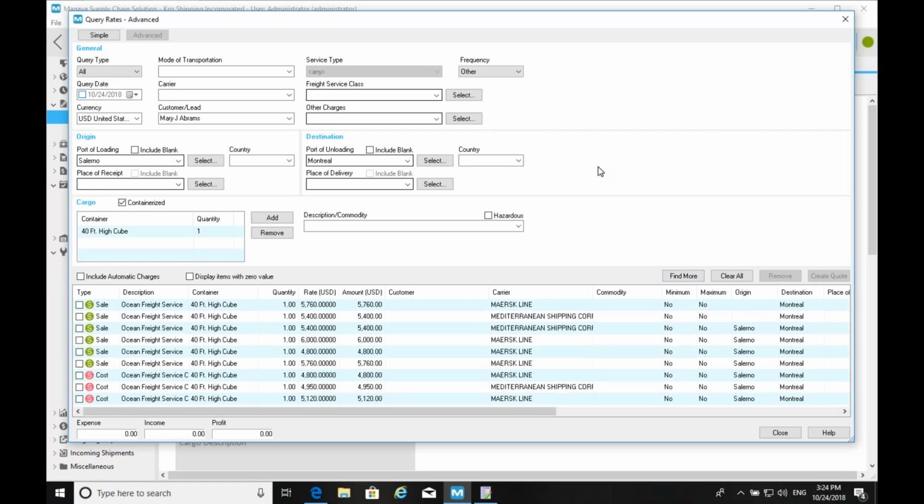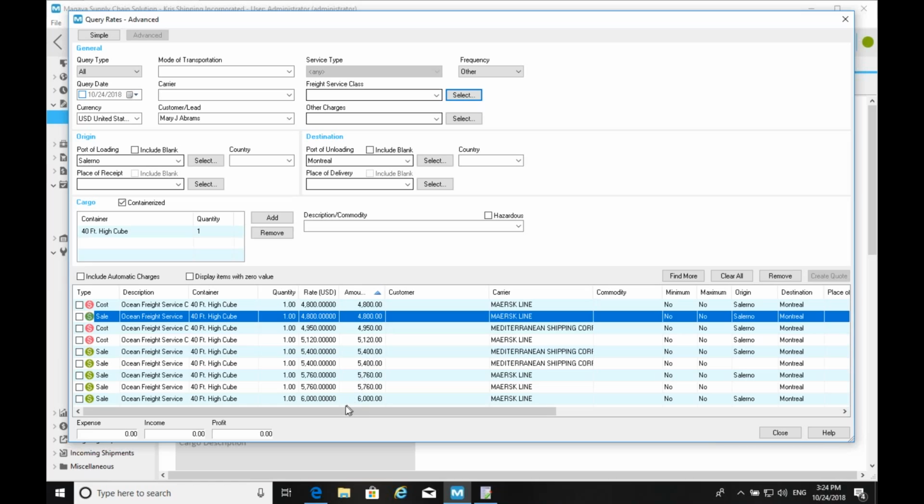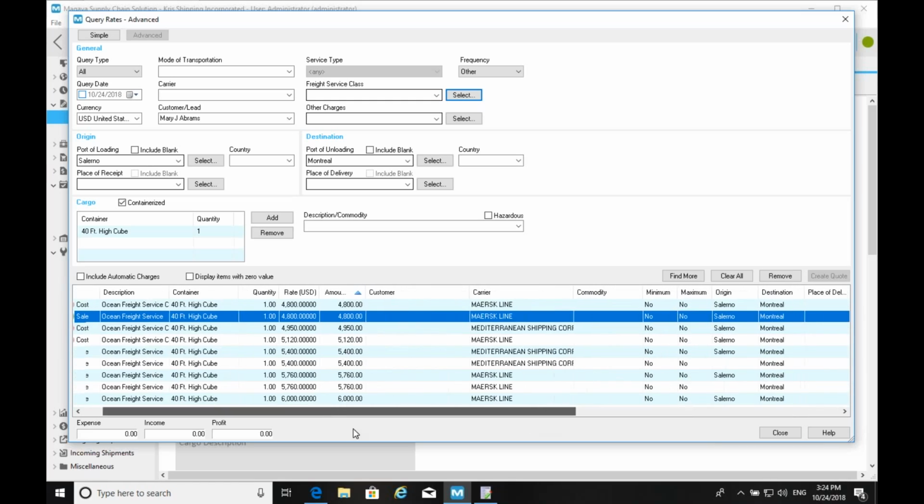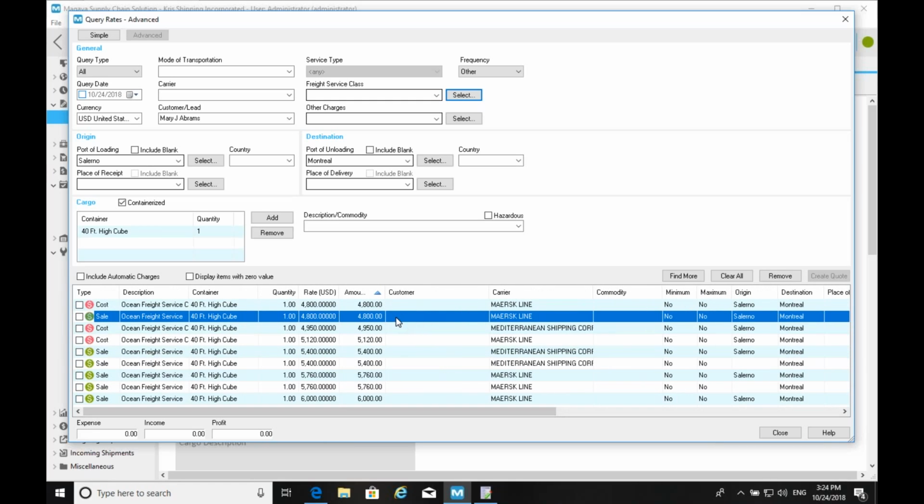All right, if I query these, it looks like I have more options. And if I go by the amount, looks like I can offer to my customer something much cheaper here. Okay, so this one, probably based on the transit time, which is a column that you can add here, looks like this company offers a better rate than the other one.